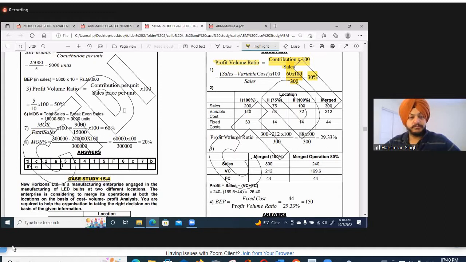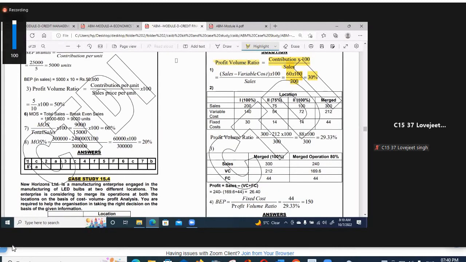आवाज आ रही है मेरी? हाँ जी सर। यस सर। ठीक, नेक्स्ट